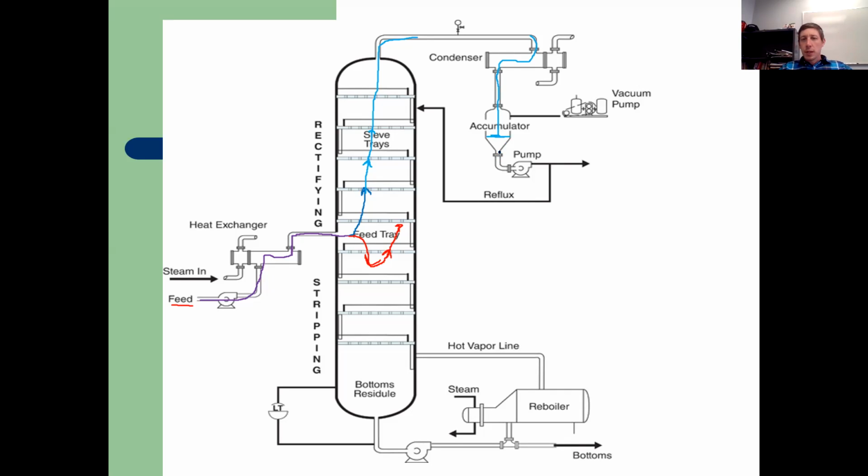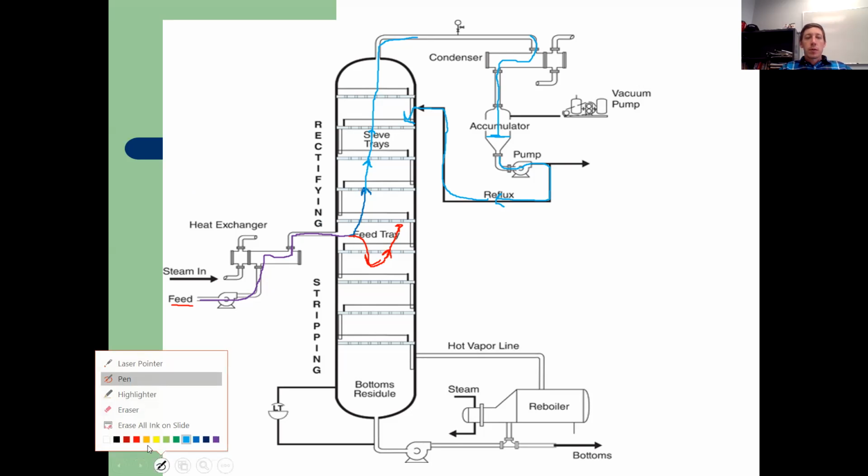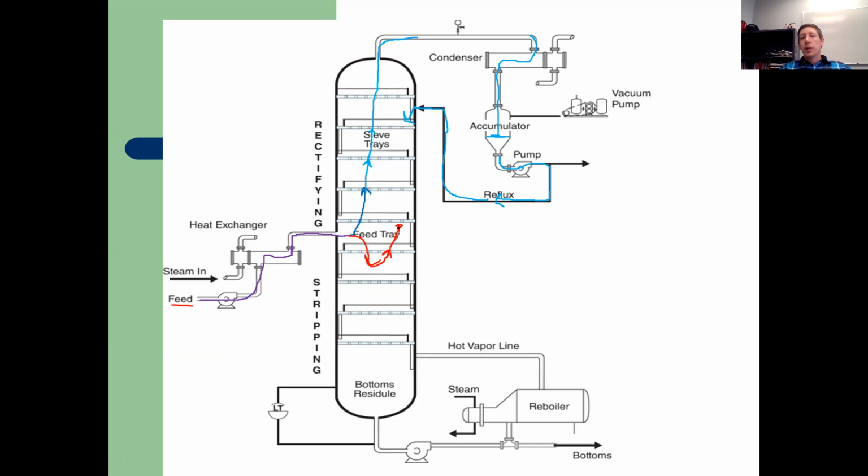And then it's going to be pumped through this reflux pump, and where it goes from here is that anywhere from 1/3 to 2/3 of the product that came out at the top is actually going to get pumped back into the tower, into the distillation column. The reason we have to pump it back into the tower is we need some source of cooling, some source to pull the heat out,